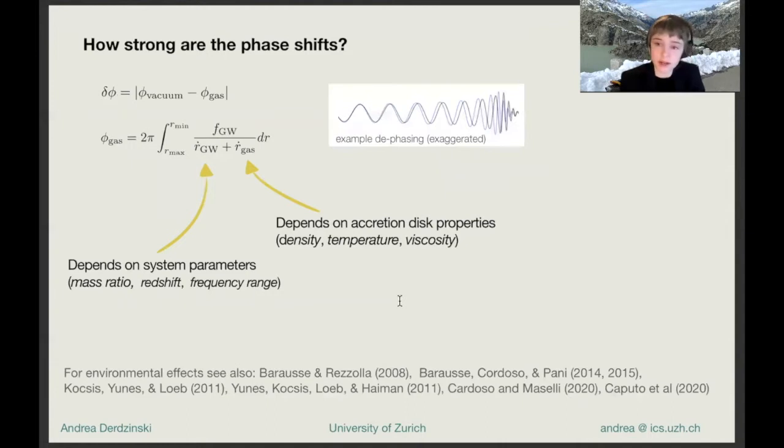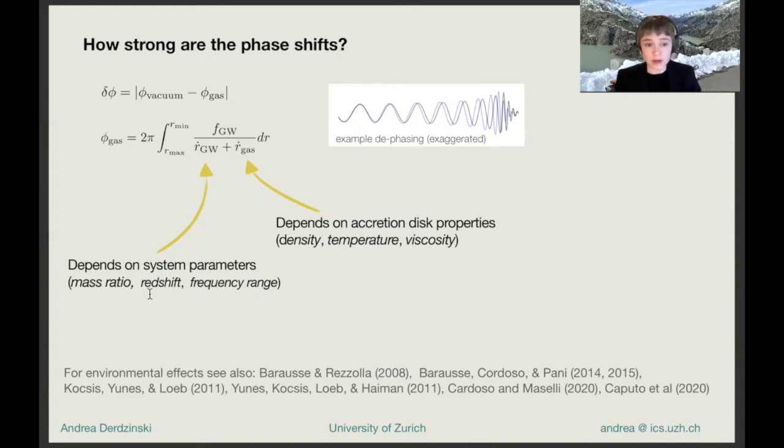We can make simplifying assumptions and estimate the deviation analytically. So any gravitational wave event has a total phase associated with it. It's basically the sum of all the cycles. You can use GR to predict this analytically for an event in vacuum. But if the event is in gas or some other perturbing force, then it's going to change the total phase throughout an observational window. And how much of a deviation you accumulate will depend on basically every parameter of the system,